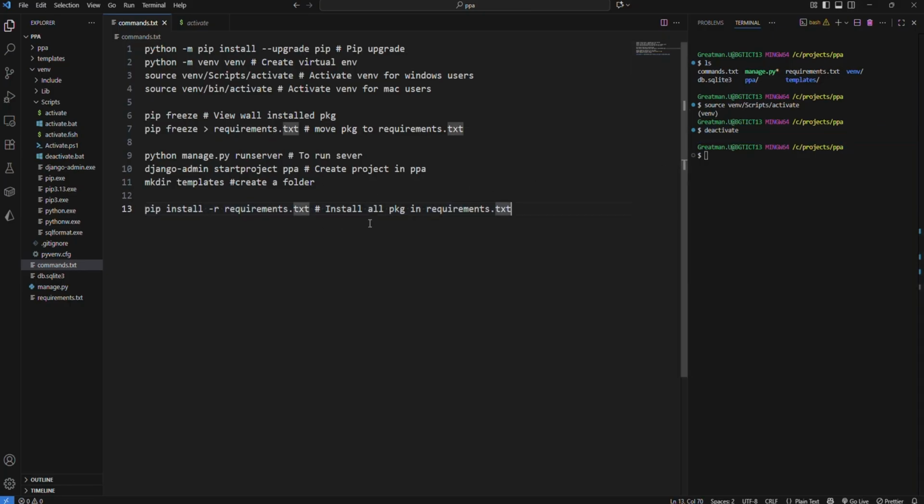Let me just store it here for the sake of it. So this means just start your command prompt and say deactivate to turn off the venv, for all users, whether it's MacBook, Linux, OS, or Windows. Alright, so let's now run our Python server. So do python manage.py runserver,